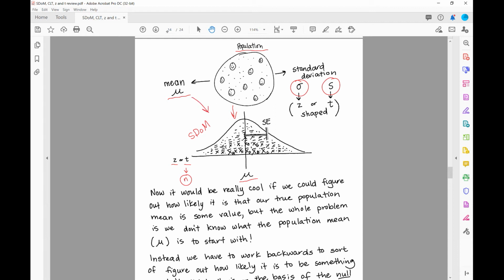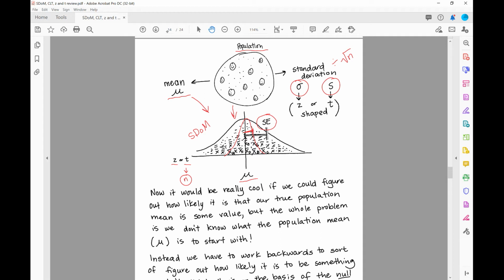We can figure out how wide our SDoM is by plugging in the population standard deviation divided by the square root of the sample size. And again, the bigger that sample size, the tighter in, the closer in, the smaller that SE is going to get. Let's think back to that central limit theorem